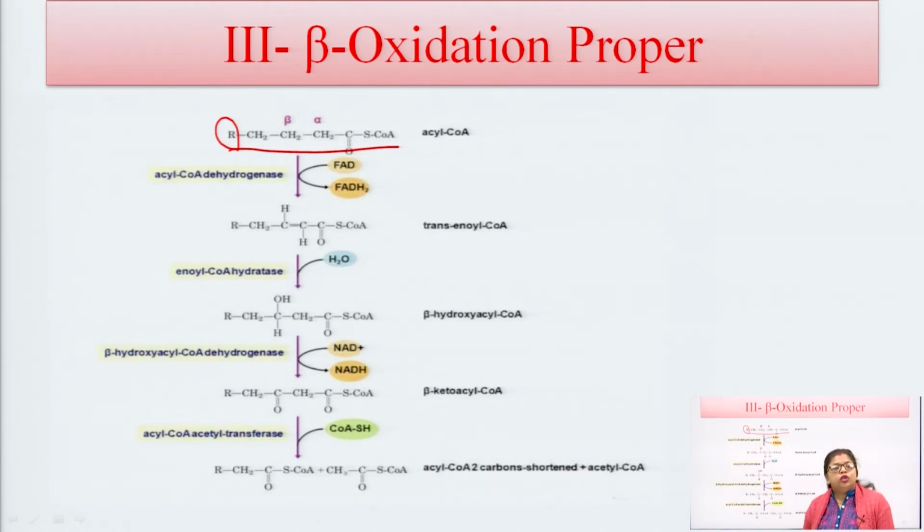addition of one water molecule in this reaction, and there is formation of beta hydroxyacyl coenzyme A, and beta hydroxyacyl coenzyme A dehydrogenase enzyme catalyzes this reaction, and there is formation of one NADH molecule, which is also a high energy bond, and there is formation of beta keto acyl coenzyme A. This beta keto acyl coenzyme A is catalyzed by beta ketoacyl coenzyme A thiolase, and there is addition of coenzyme A here, and there is formation of one acyl coenzyme A and one acetyl coenzyme A. This reaction is repeated 7 times to form 8 molecules of acetyl coenzyme A.